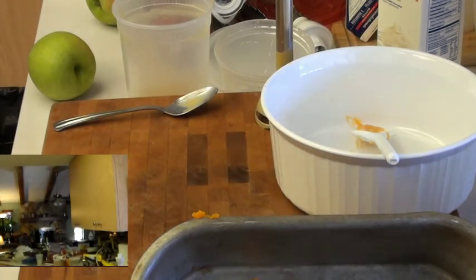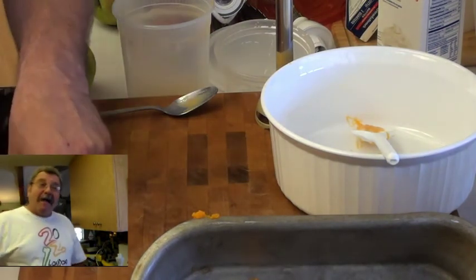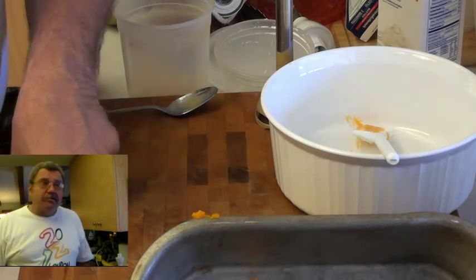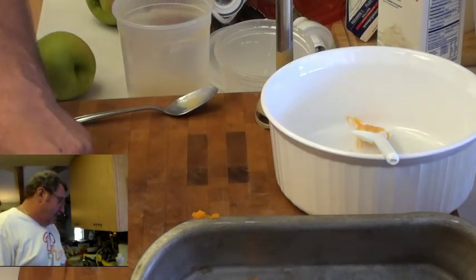So, putting it on the stove. Not going to heat it up now. I'm just getting it out of the way. But that is butternut squash soup. Cream of butternut squash. Okay, now